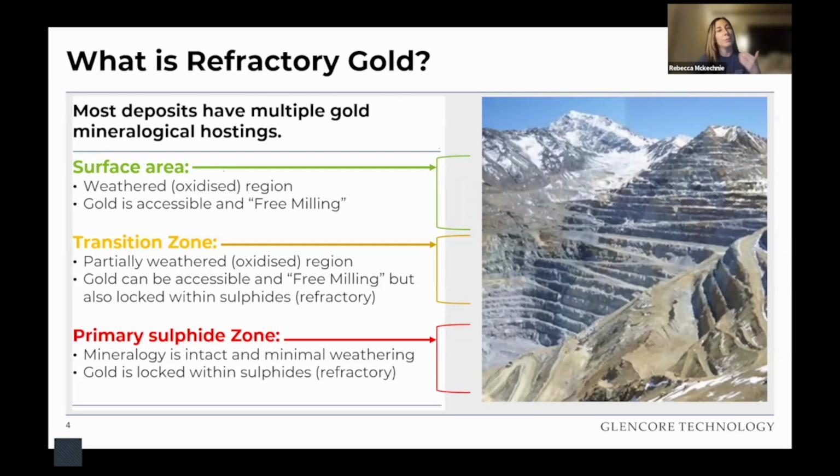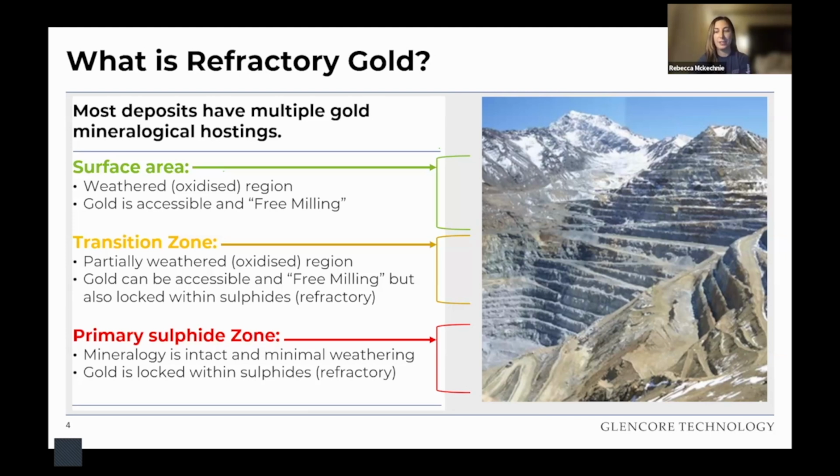Finally, as we move down into the lowest parts, the depth of the deposit is dominated by unweathered sulphide material, where the majority of gold is locked within that sulphide matrix. So recovery of the gold via conventional cyanide leaching without any form of additional pretreatment is typically poor from